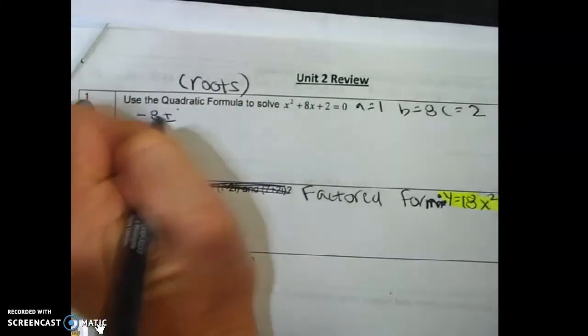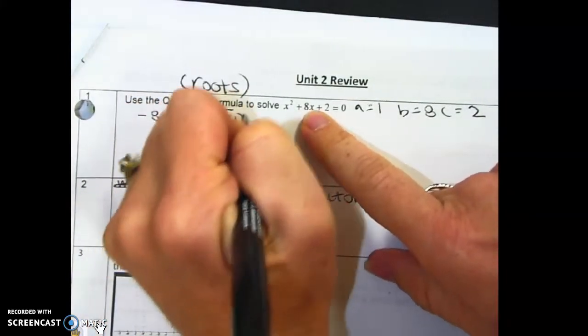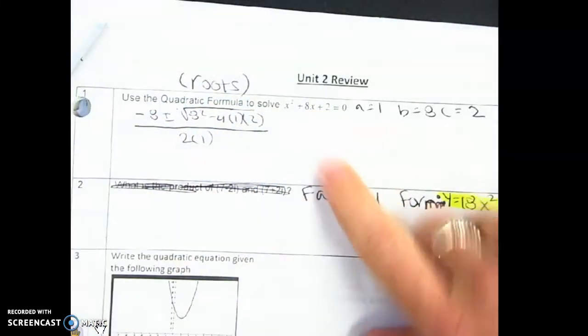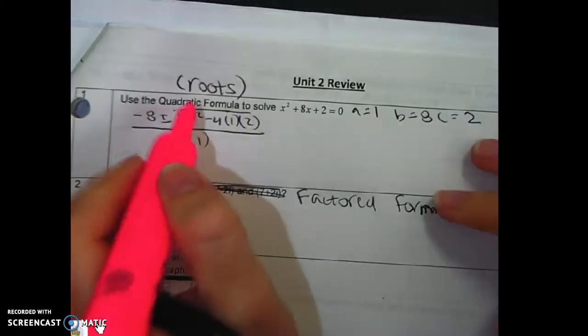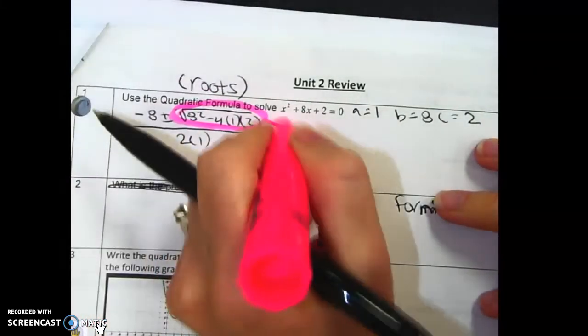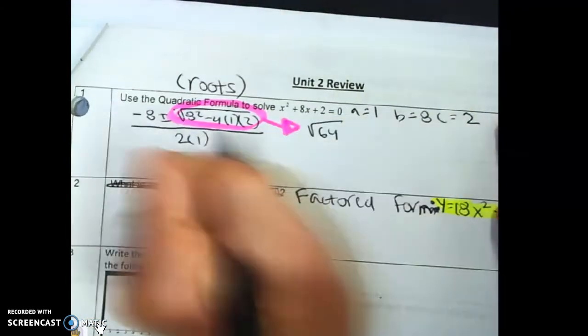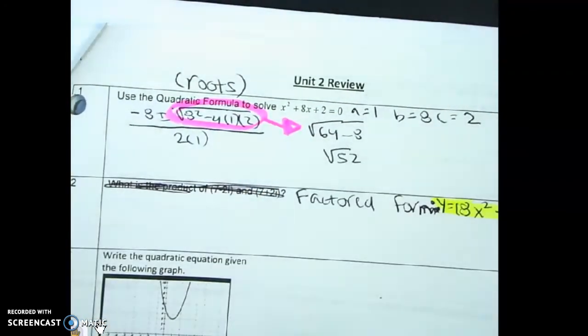Negative b plus or minus the square root of b squared minus 4 times a times c, all divided by 2a. Some of your mistakes is you're not dividing everything by 2a. Now I'm going to take this and simplify that first, not because you have to, but because that's what's easiest for me. So 8 squared is 64. 4 times 2 is 8. 64 minus 8 is